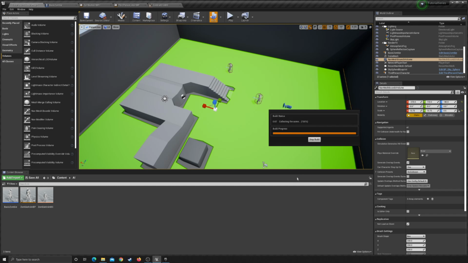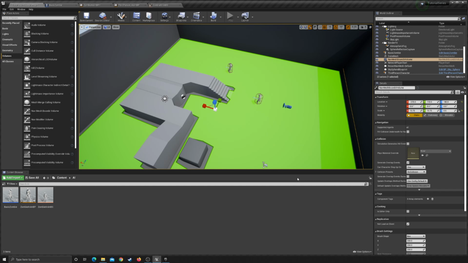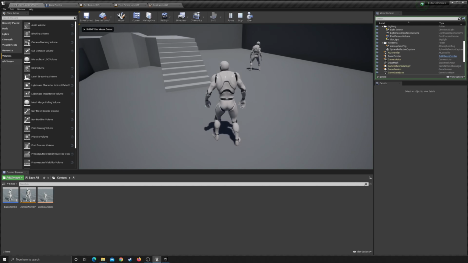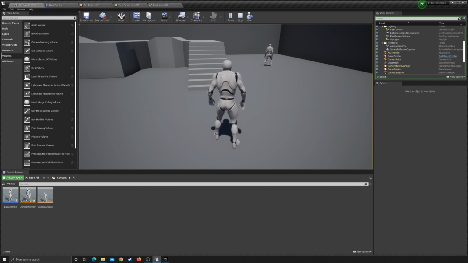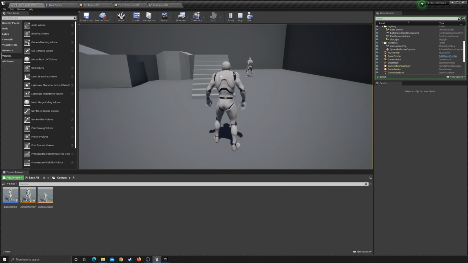Don't ask why. When the project starts to get larger, I tend to do it less because of the lighting build. It takes forever. Alright, so now the building is done. We click play. We wait 3 seconds, and he should start walking around. Alright, well, the problem here,